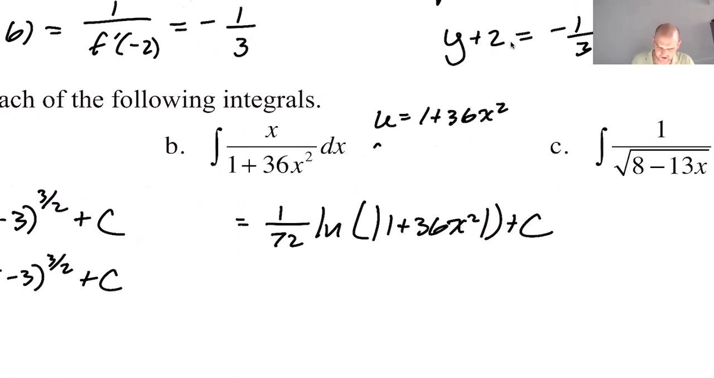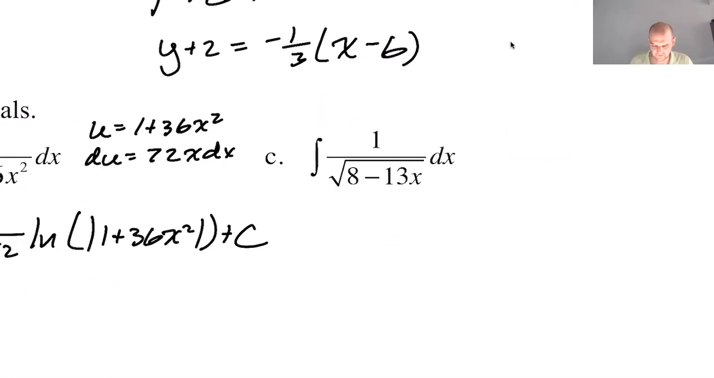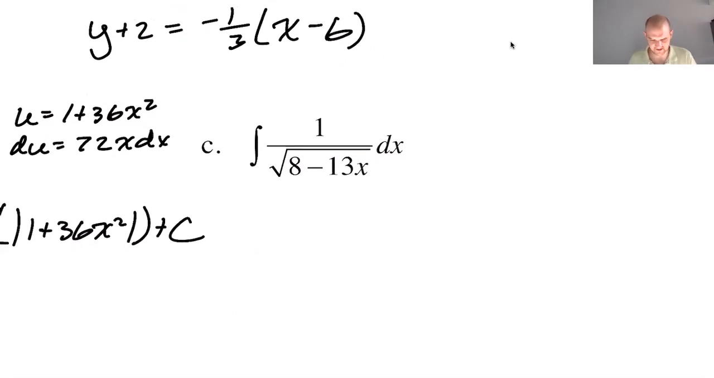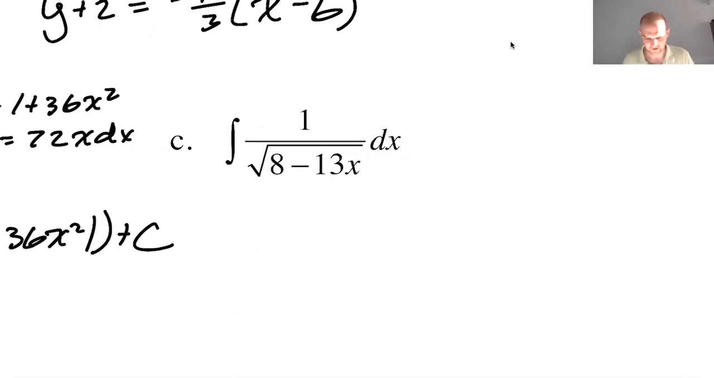I feel like this is a trick question though, so am I right? 72x dx. Yeah, 1 over 72. And then you just get du over u there. Do you need the absolute value on this? You don't, because 1 plus 36x squared can never be negative, but it doesn't hurt to leave it. It doesn't hurt to get rid of it, no matter how you do it, honestly. So I'm going to do these and then check them on the calculator. Okay, so